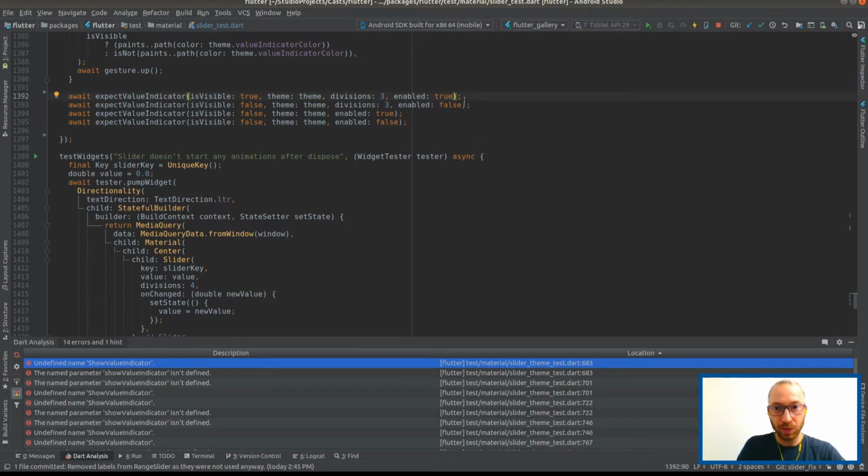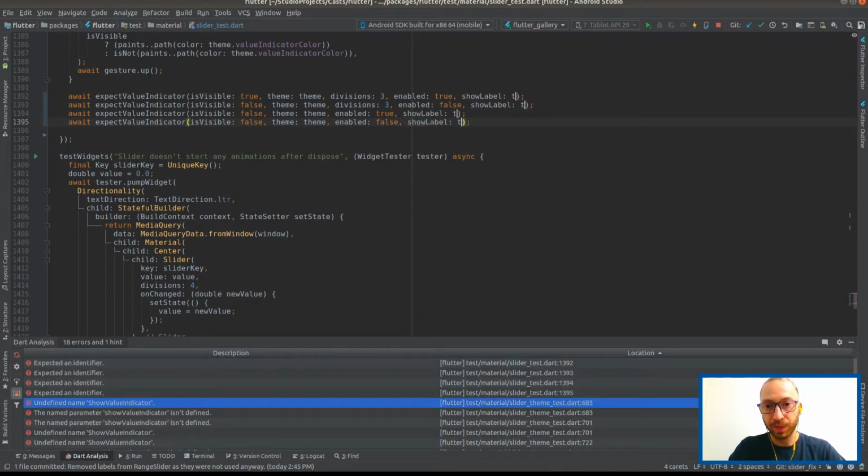So what we want to do is just have all those 4 combinations, which is discrete with the slider enabled, discrete with slider disabled, and continuous with slider enabled and disabled. And we'll do those 4 options when the label value is set. So basically it's going to be show label true,